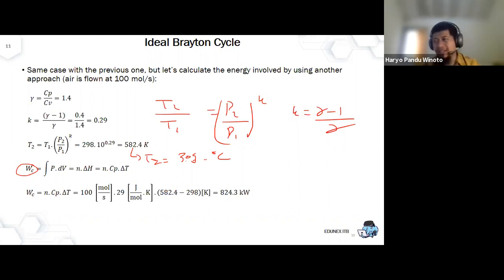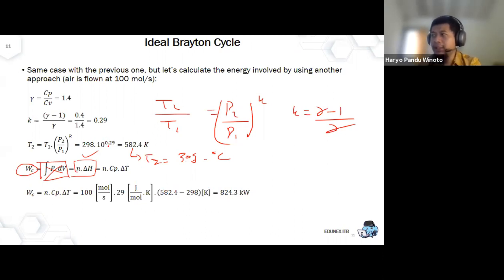When we are working with a thermodynamic cycle, always keep in mind that anything related to work consumed or work produced has to do with delta H, not delta S. For any cycle it is always like this. Just remember n Cp dT and H. Since we do not know the delta H by our eyes, we calculate n Cp delta T in here.